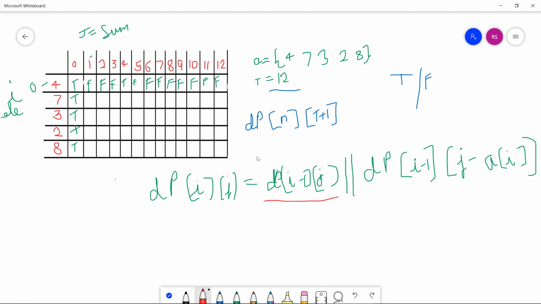This part represents excluding this 7, and this represents including this 7. I will mark it: this one is include, and this one is exclusion. So for 7, yeah, green pen. Here 7,